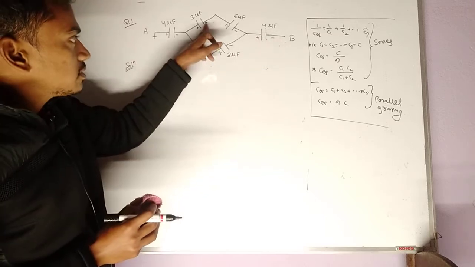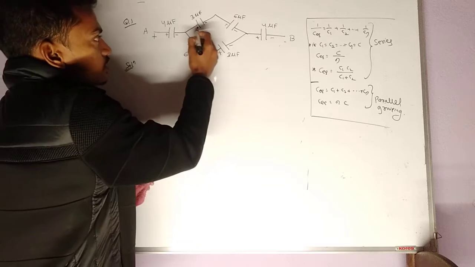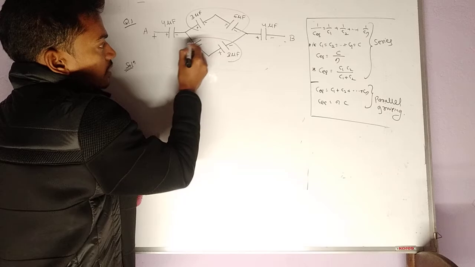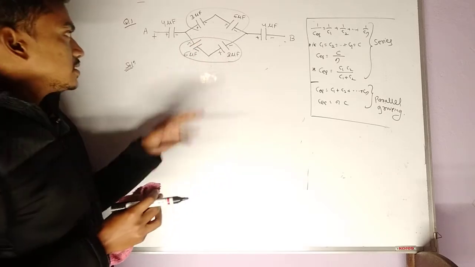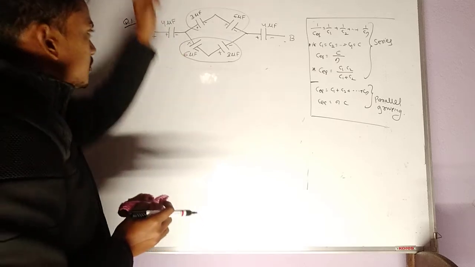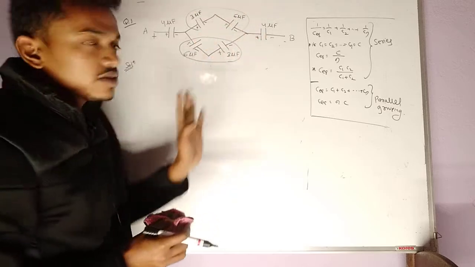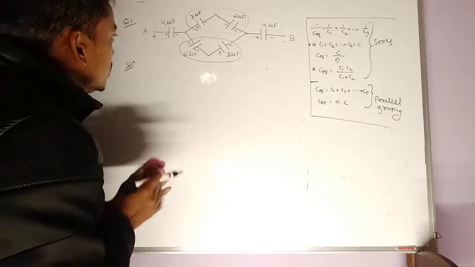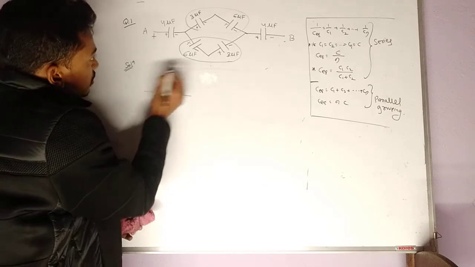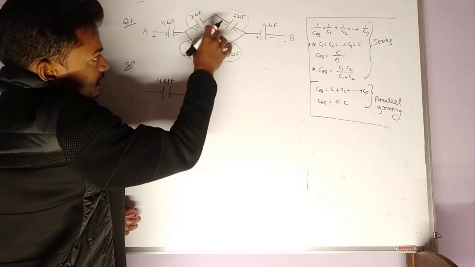You see here negative is connected to positive here, and negative is connected to positive. So these two are in series, and these two are in series. Since negative terminal is connected to positive terminal, or you can simply say that in one branch, two capacitors are used. So these are series grouping. You can easily find it. Okay. So I'm considering only this series grouping and this series grouping.